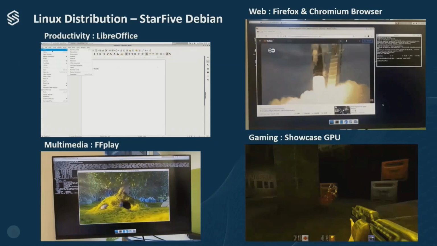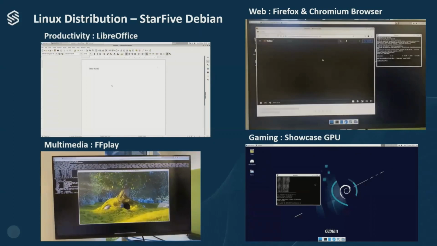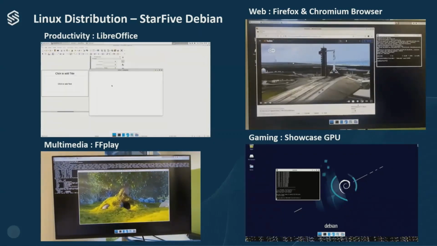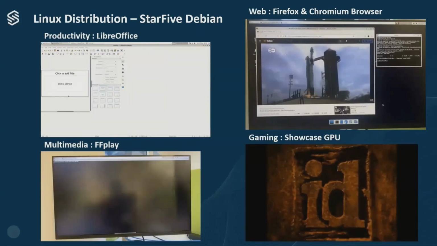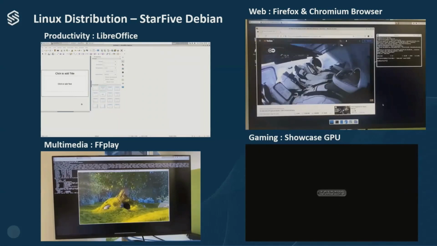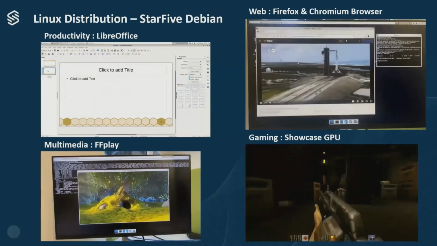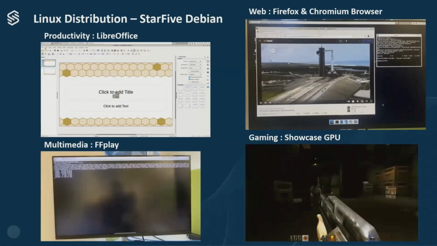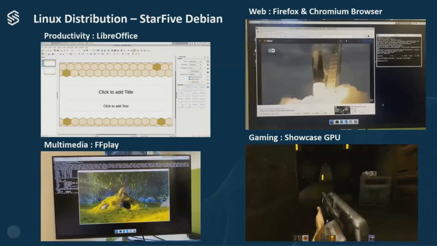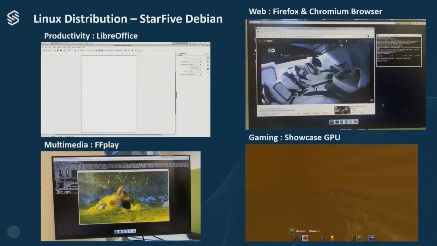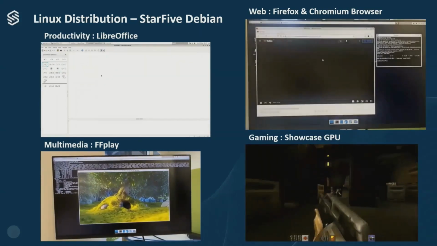As shown here, we are showcasing our Debian in four major areas. For productivity, we have showcased a working LibreOffice that's running today. On multimedia, we are showing FFplay to demonstrate our hardware video decoder. On the web, we have a working Firefox, and we are working to enable our GPU acceleration in Firefox itself. And last but not least, on gaming, we can stress our GPU to showcase our GPU stability and performance. At this stage, we are still working to enhance the performance of this application, including the